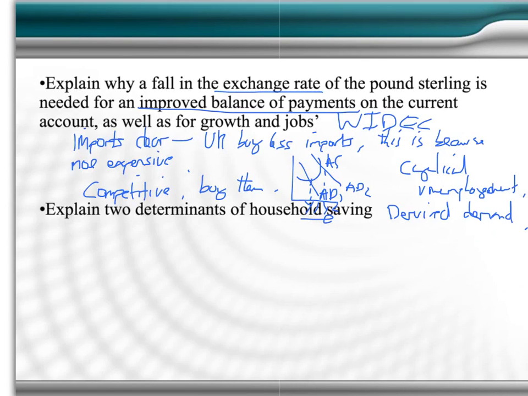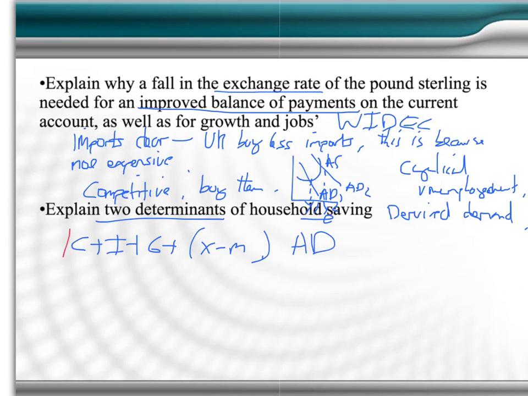Okay, right. Nice and easy one. Explain two determinants of household saving. This has come up loads. They love this question. Now remember, savings, are they part of C plus I plus G plus X minus M? Are they part of AD? They're not actually part of AD, but they have a big effect on AD